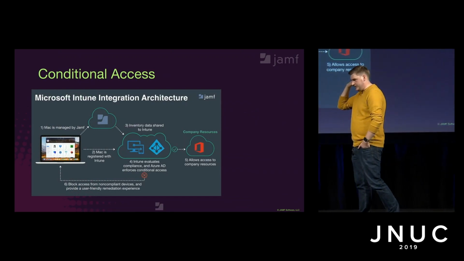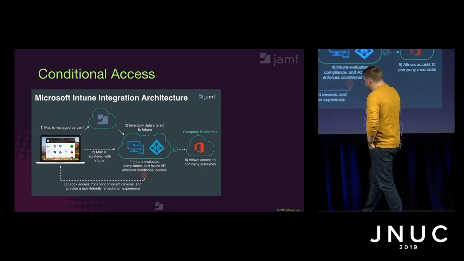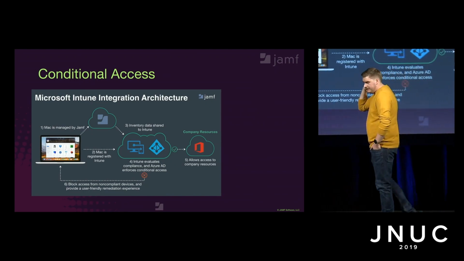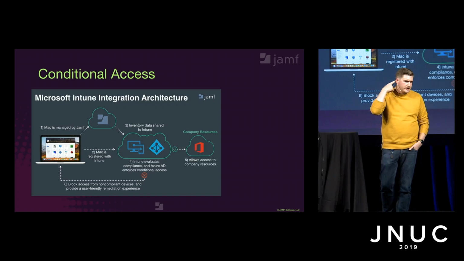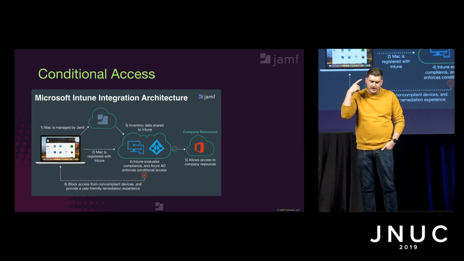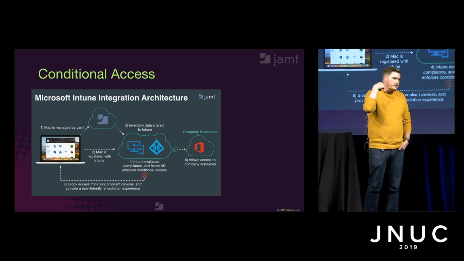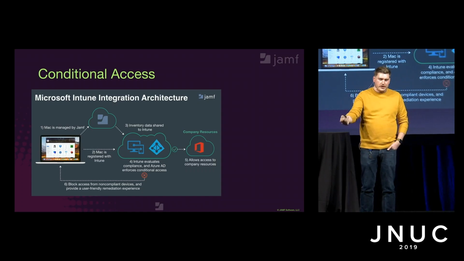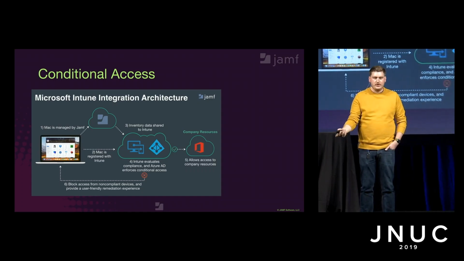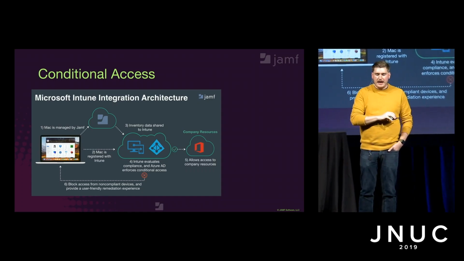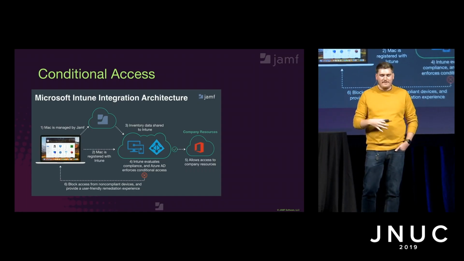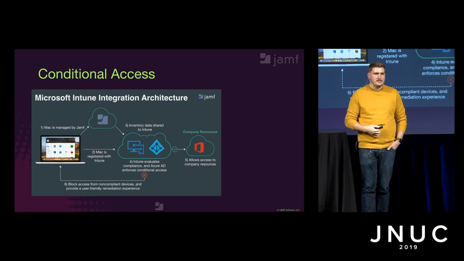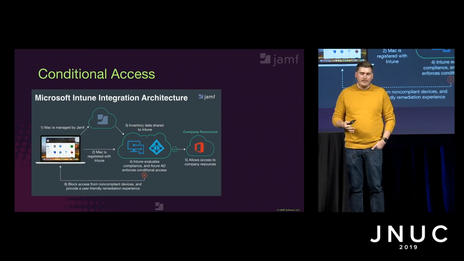This is how it works. It's a very simplified flow chart. First, the Mac's managed by Jamf Pro. During that management process, when inventory is taken, that inventory is then shared with Intune, and the Mac is registered with Microsoft Intune. Jamf then sends that macOS device inventory over to Intune, and then Intune evaluates its compliance with the policies that you've already built out inside of it, and then generates a report and enforces conditional access